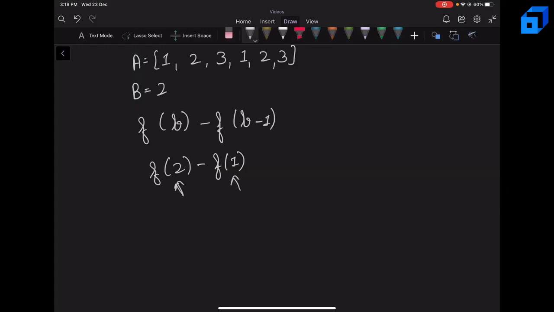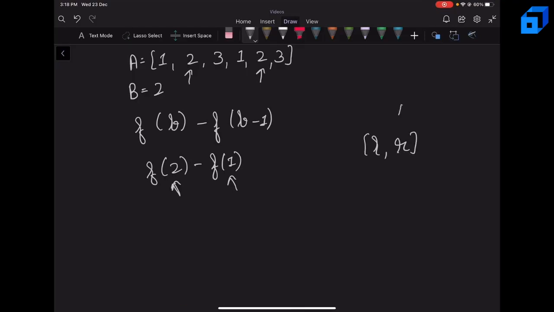So we will use a technique called two pointers. The idea is that for each left pointer L, we'll find the rightmost pointer R such that the subarray L to R contains at most B special elements. Because if the subarray L to R contains at most B special elements, the subarray L to R-1 will definitely contain at most B special elements, since we have reduced one element. So if the subarray L to R is valid, all the subarrays from L to X, where X is between L and R, will be valid.